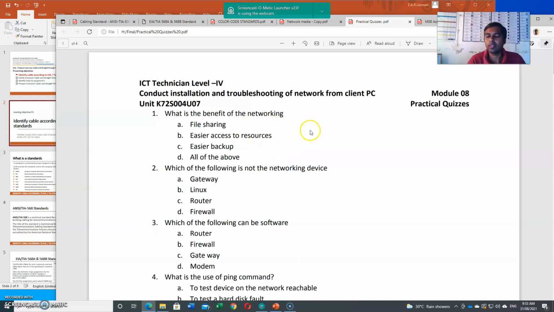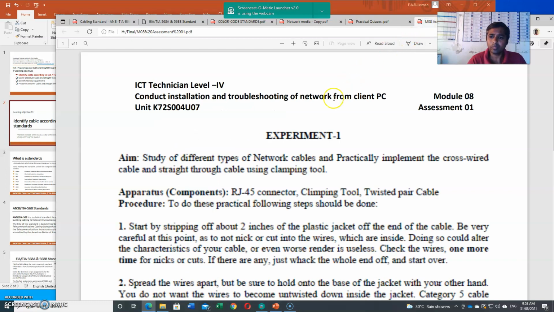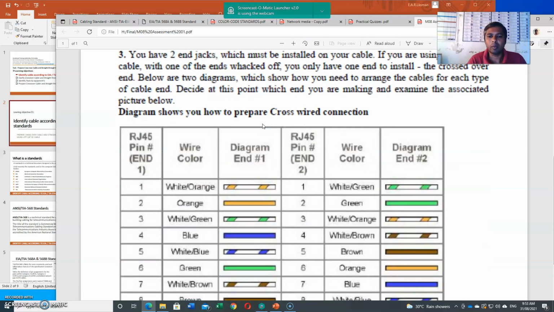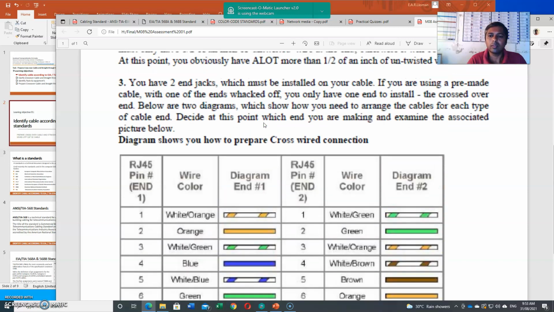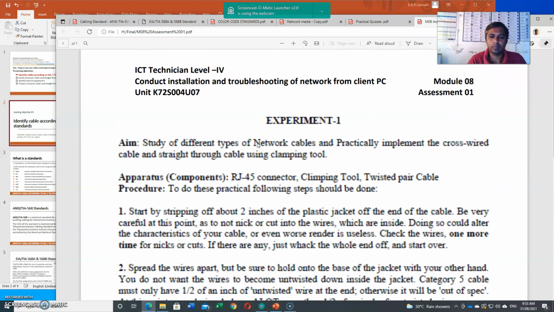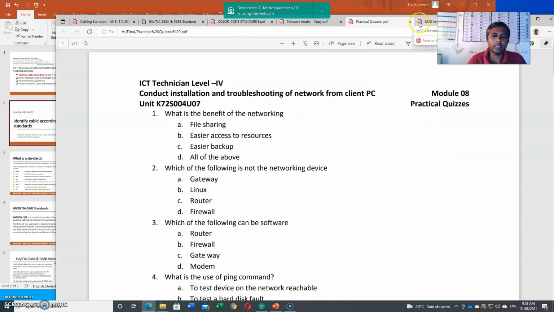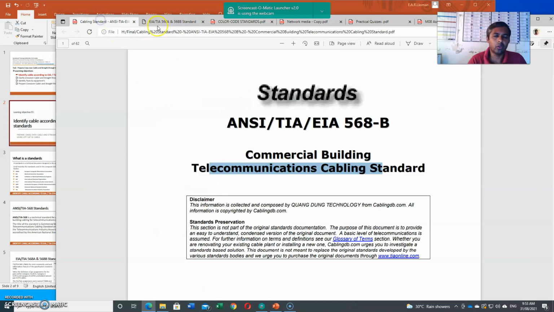Finally, I give an assignment. For this assignment, you should prepare the standard. All these documents I uploaded to the G drive; search, download or open, read, and follow these documents.